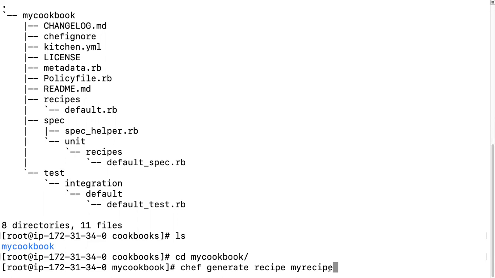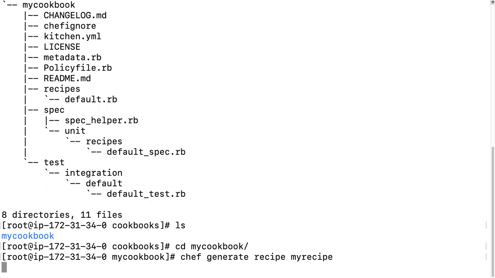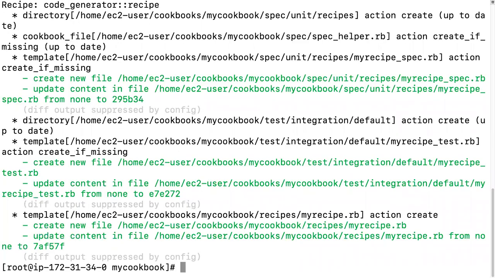You can rename it. Okay, so I created one recipe, and when I enter, let's see how it works. Enter. My recipe is generated.